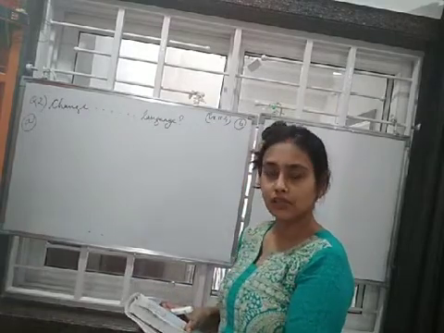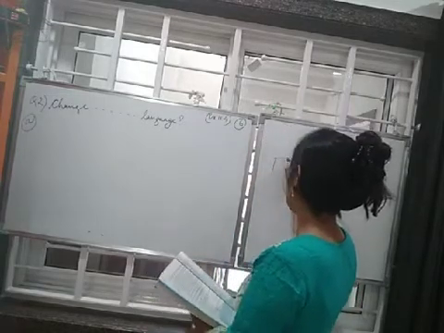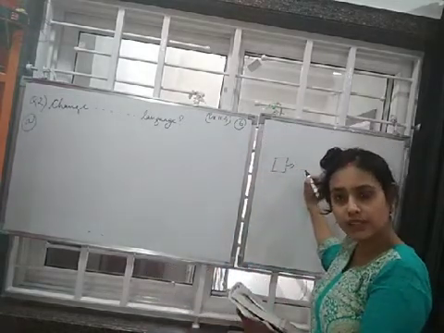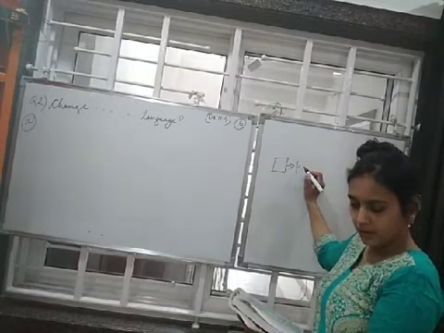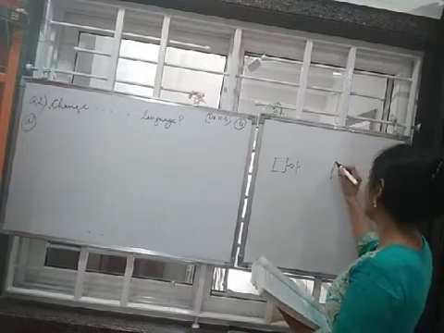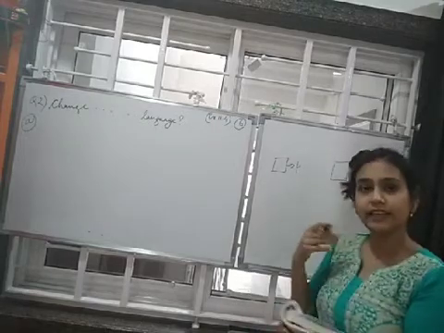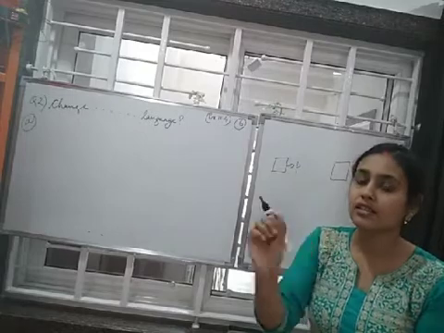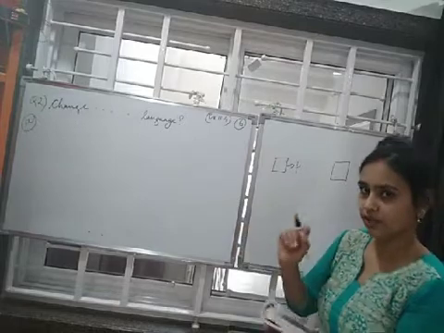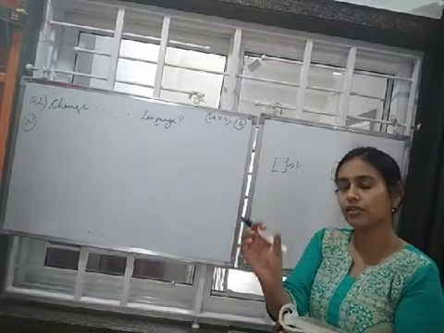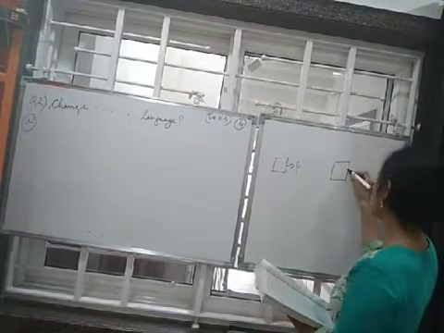A notebook costs rupees P. Notebook we all know, in which we write notes, like a maths copy. So it is costing rupees P. And a book costs rupees 3P. Book means you can say textbook, that is your maths book, in which the text is already typed or written. That is why it is known as a textbook. So the book costs rupees 3P.